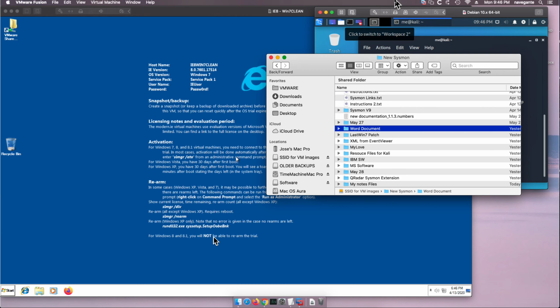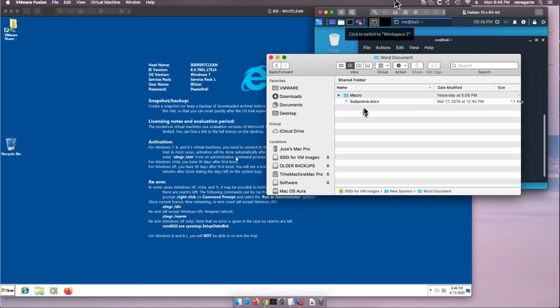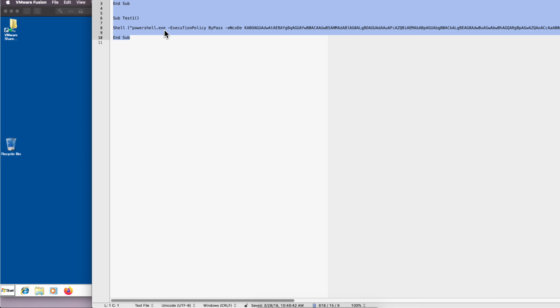As part of this package, and this is completely optional, and you'll see why, in the box folder there is this Word document in which there is a document that already has the macro embedded. I call it supina, and underneath here there's actually the content of the macro. And as you see, there is an execution of a single line of PowerShell with an encoded base64 command